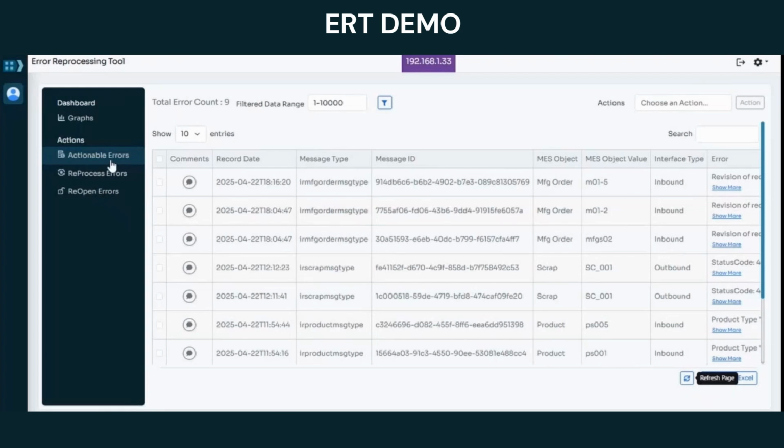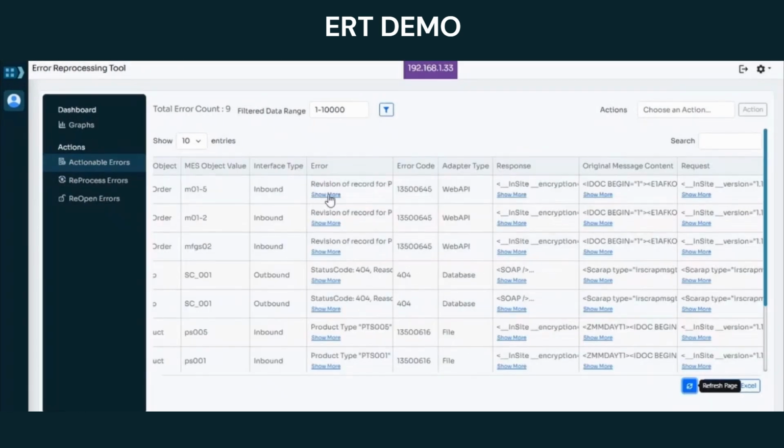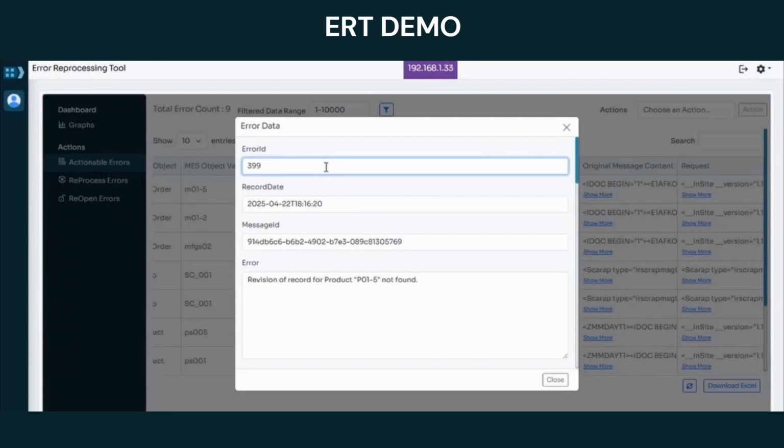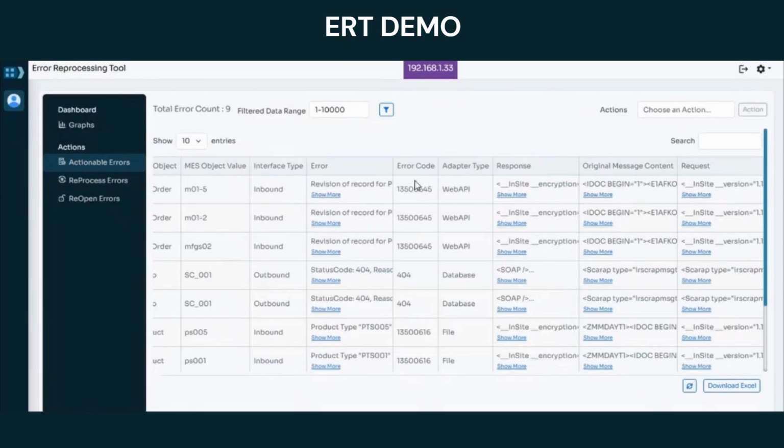Analysts can drill down into each failed message to view the recorded date, the message type, the MES object value on which the interface failed, the interface type, whether it is an inbound or an outbound, the error message. You can see here you get detailed information like error ID, the record date, message ID, and the error message that caused the interface to fail. The error code, the adapter type, whether it is a web API, a database, or a file adapter,